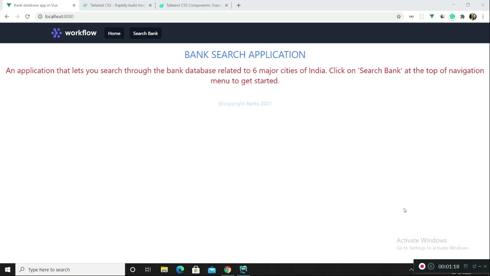I might cover what new functionalities Tailwind CSS 2 has to offer. For instance, there's this dark mode. All of that is not possible to cover in a single 10 to 15 minute long video. So for now, let's just keep it simple. I'm just going to show a demo of various features of this application, and then in the later videos, I will be covering more about Tailwind CSS. So with that being said, let's move on with this application.